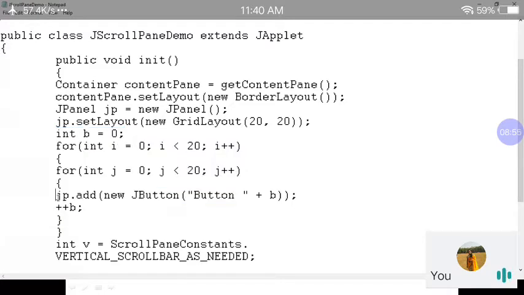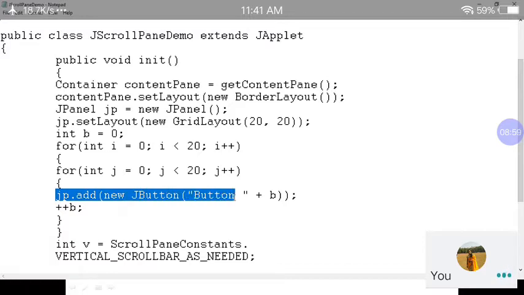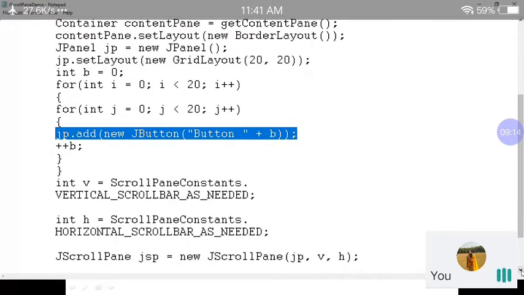So jp.add(new JButton("Button" + b)). b is nothing but my counter, meaning my buttons will be added 1 2 3 4 5 like this. So on this GridLayout, 20 rows and 20 columns will be generated, and in every cell a JButton will be created with the name Button and a number.